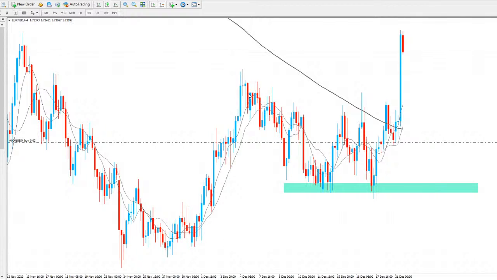So we had that impulsive move to the upside, treating this bearish move here as a retrace. Got support there, failed to break it again there, gave us a nice move to the upside, and looking for price to continue and create some higher highs for Euro NZD.